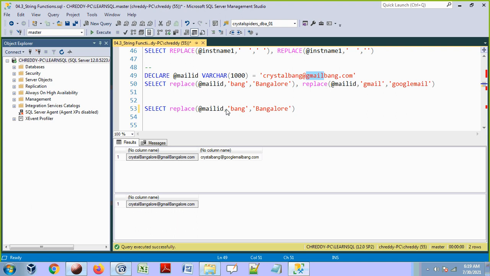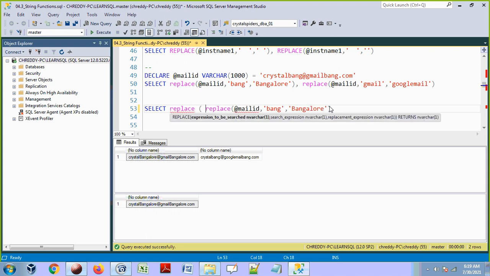First I am going to replace Bang with Bangalore, and then on top of this value, this is another replace function, and take this value, and within this value again identify the value Gmail, and replace that Gmail with Google Mail. That's it.